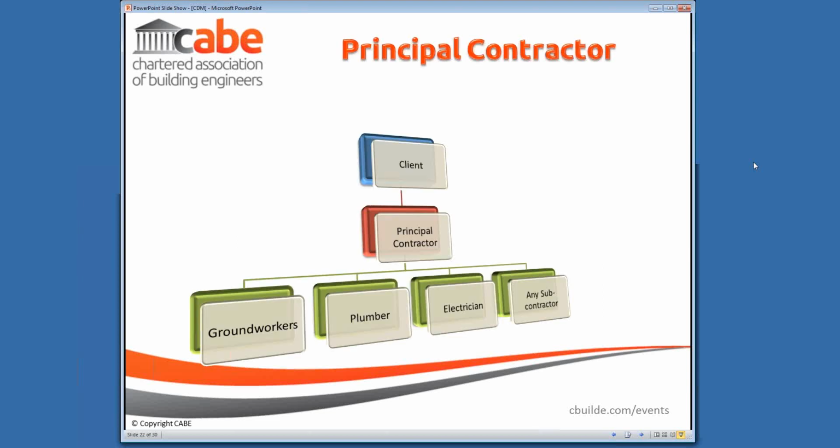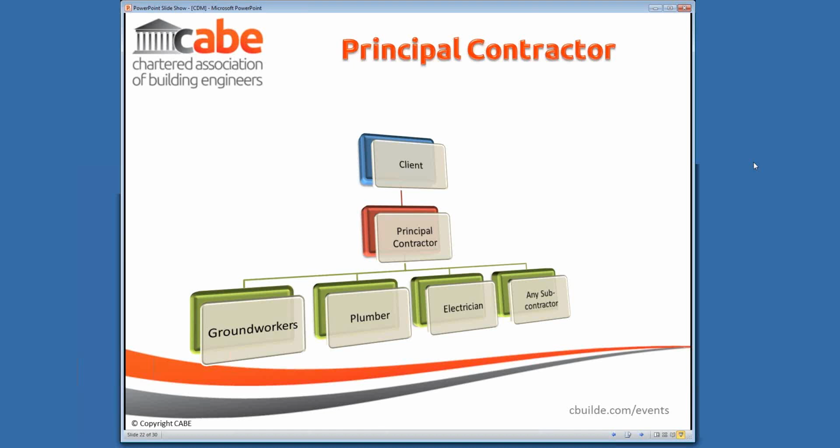In terms of the principal contractor, they take responsibility once the work starts on site during the construction phase. They manage the construction process, the health, safety, and the welfare facilities on site. They coordinate the subcontractors, and they monitor the works as well. They will also collate all of the information that needs to go into the health and safety file and pass it back to the principal designer. And as I've said, on the domestic projects, the principal contractor will take on the responsibility of the client, including the notification where it's necessary.